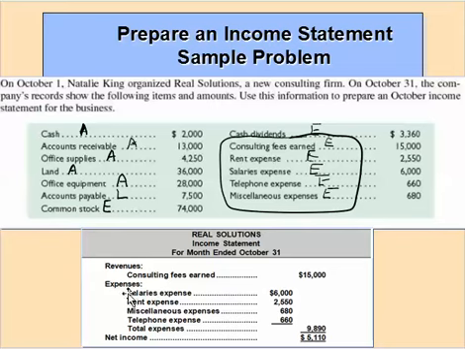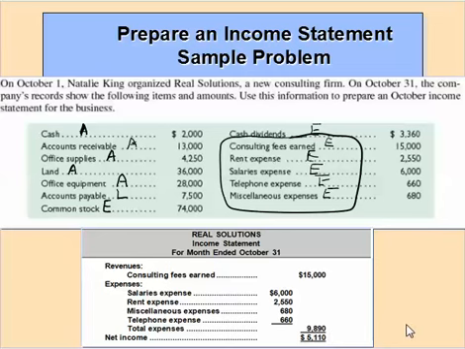Then we're going to list out all of our different expenses. So we had salaries, rent, telephone, and miscellaneous. And then we will list out the associated amounts tied to those particular expenses. We're going to add up all of our expenses, so that's going to give us total expenses of $98.90. We take our revenue of $15,000 minus our total expenses of $98.90. That tells us our net income is